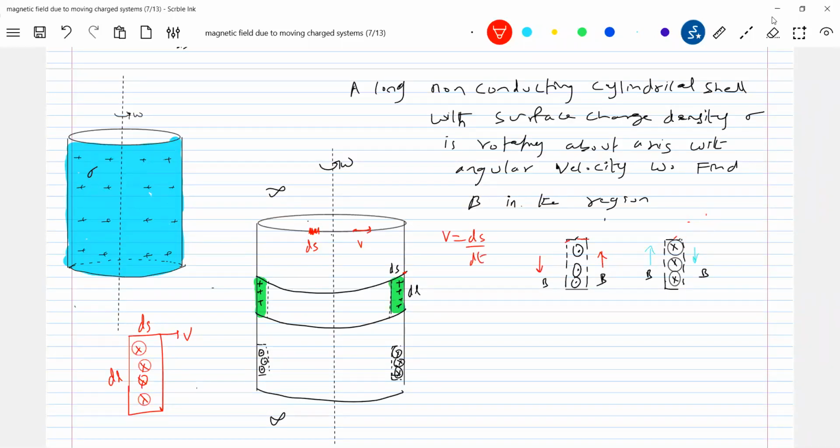Now let's get into the problem. Apply Ampere's path, so this will be a curved path, like this. What should be the length of the path? You can take it equal to dl, almost equal to this length. Directly look at this diagram and check it. This length is dl.